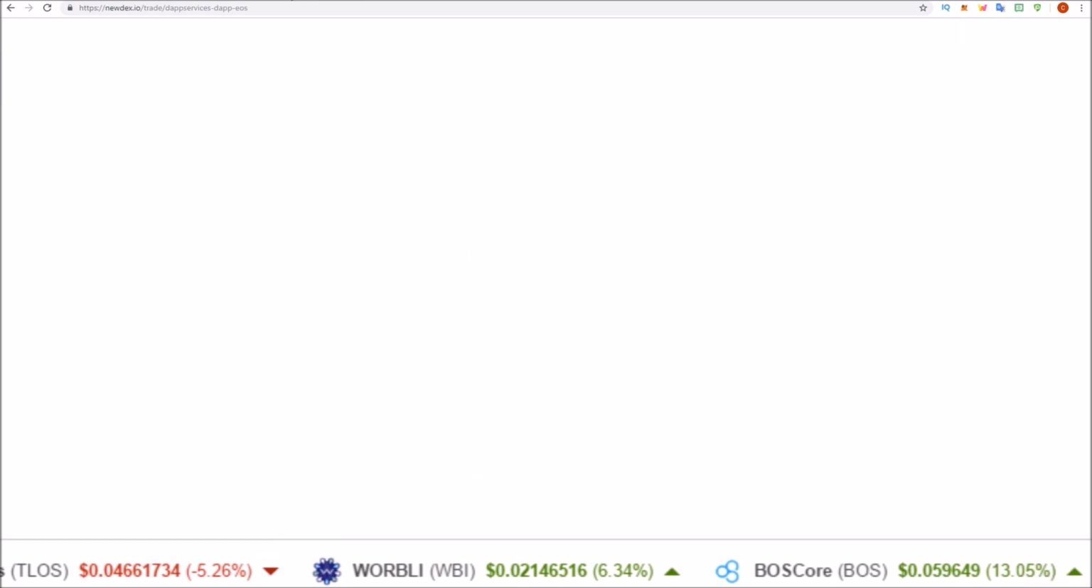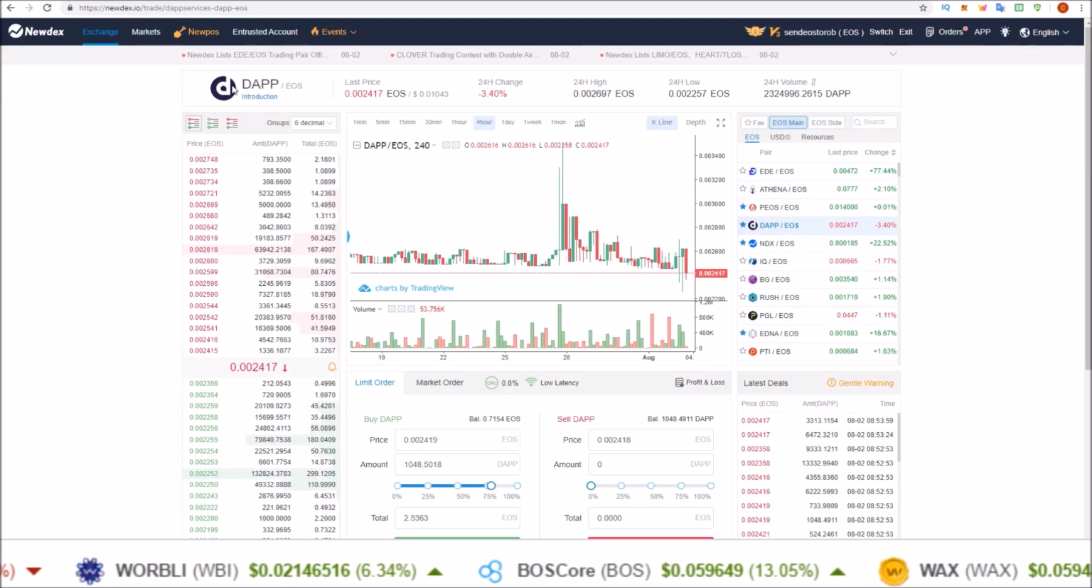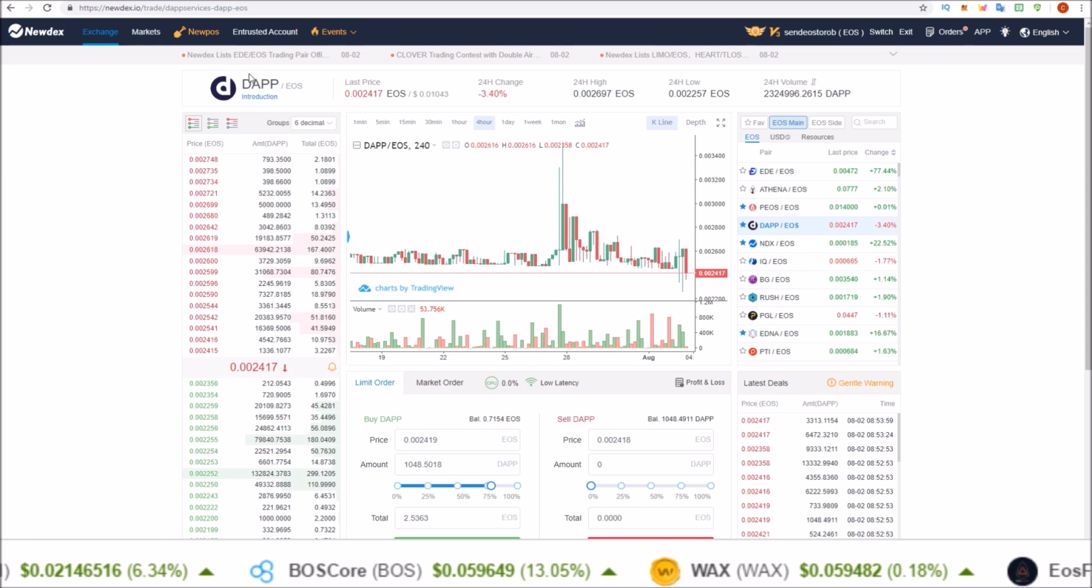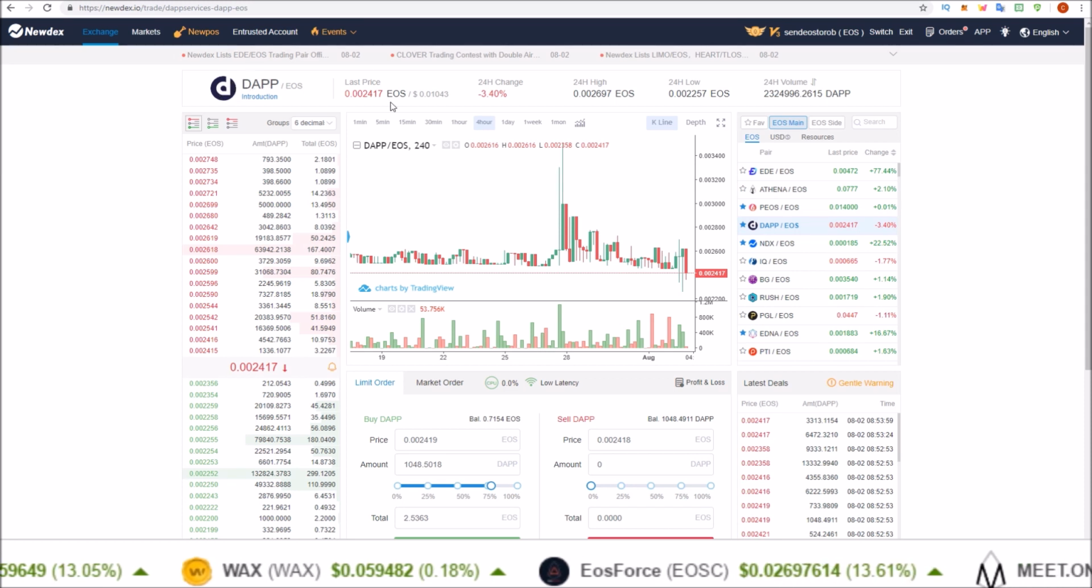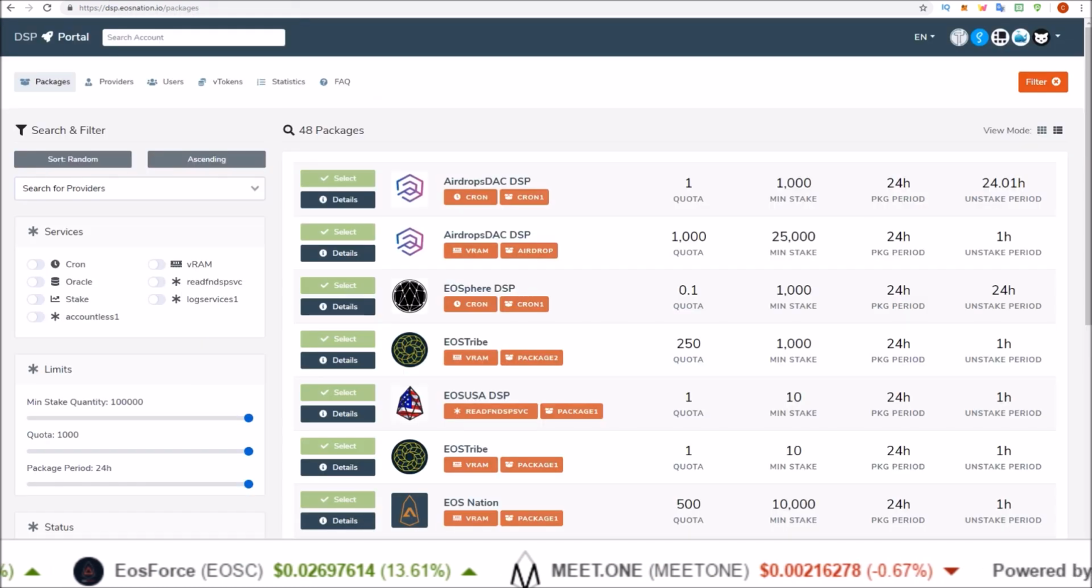If you don't know what we're talking about, DAPP token is the Liquidapps DSP network token. It is available on Nudex with the symbol DAPP. And a couple of the staking options we have here is